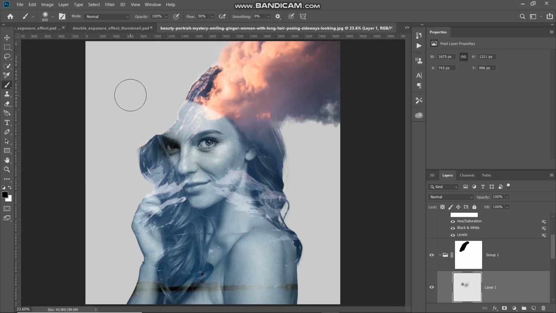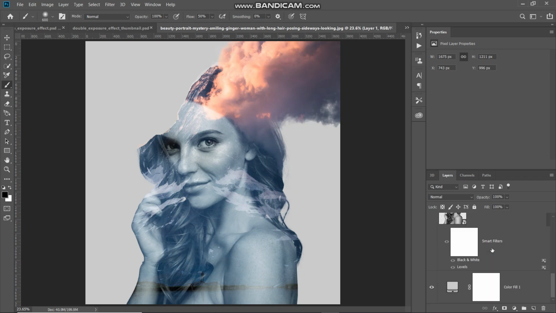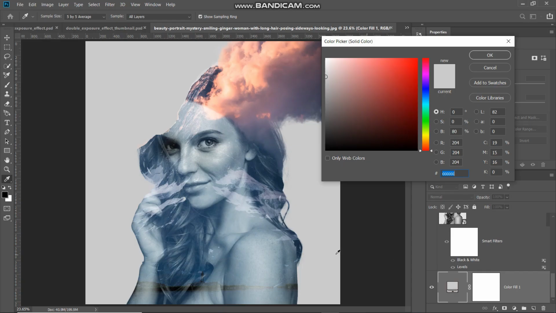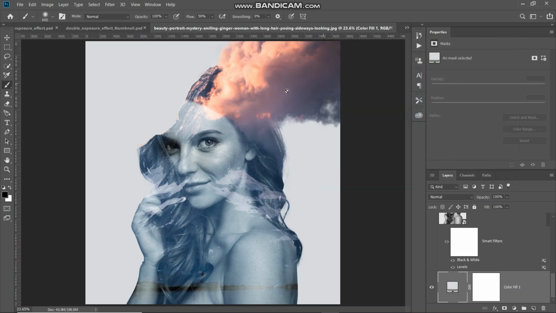Now the next thing we need to do is change the color of the background in order to match it more with the model image over here. So for that, go at the bottom and then double click on the icon of the color fill layer, which will again give you that pop-up. And then you can set the color according to the tone of the image set over here. So let me just do that. So once the color looks more proper, after that you can click on OK. So now as you can see, now our double exposure effect is ready.